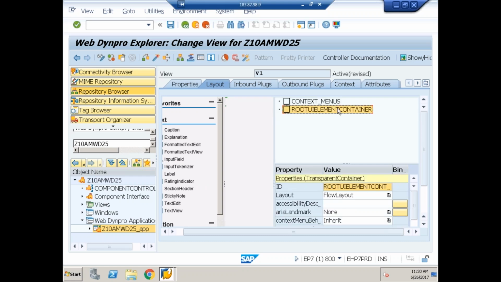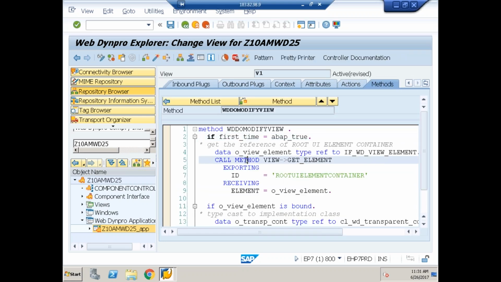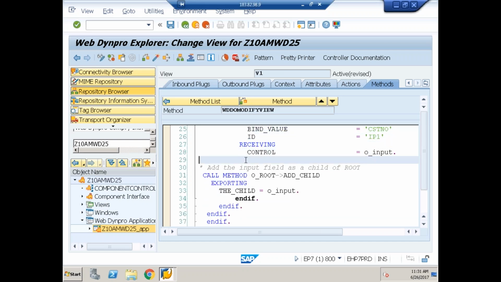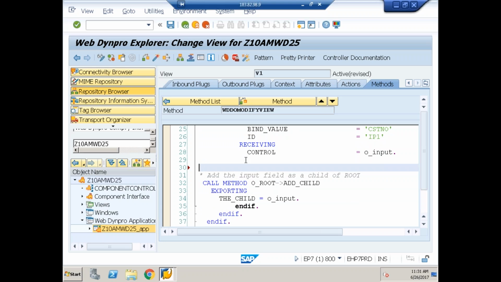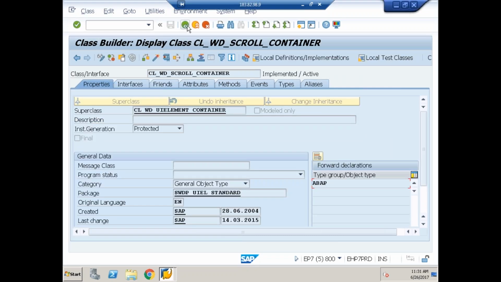So when I'm creating the elements dynamically, I have to set what? Layout. So what do I have to do here? In the same WD do modify view method. Here I'll set flow layout for the input field. So how do we set the layouts? Again, all the layouts